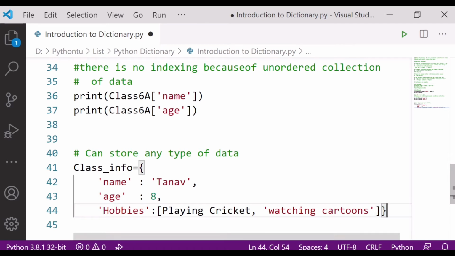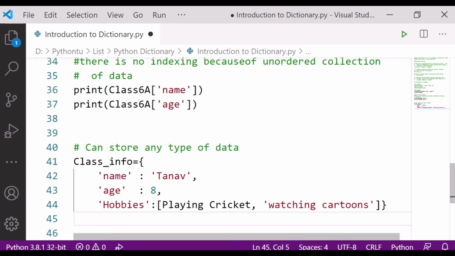For example, next is favorite songs. You can write here favorite songs. Then I'll write here again, mercy. Next, Despacito. Fine. So simple, I have written this.